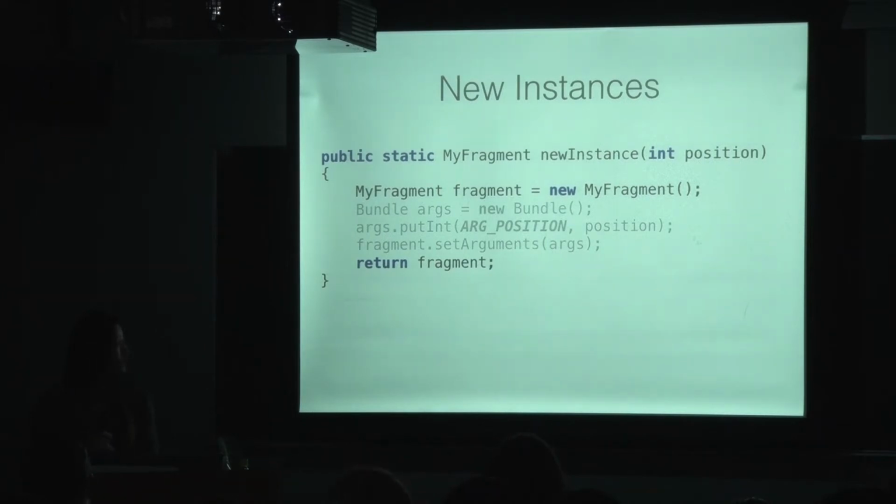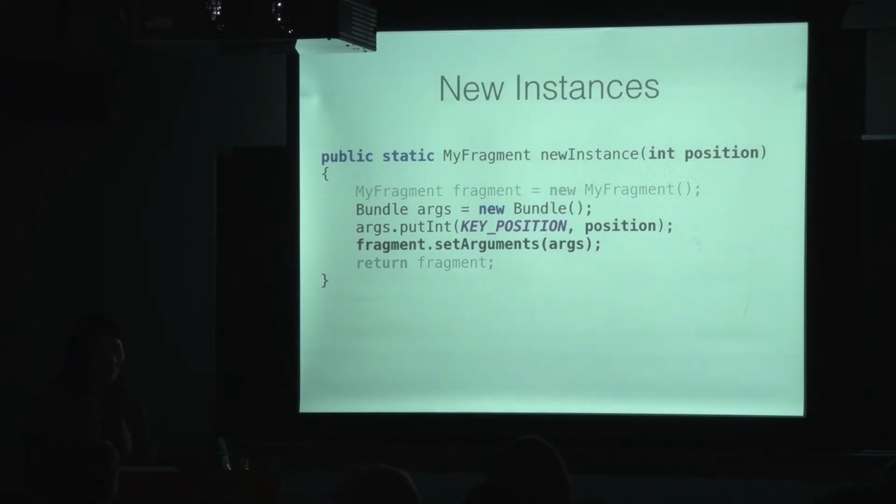And so once we've created a new instance of our fragment subclass, we need to create a bundle, and then we can set that bundle by calling setArguments. You want to avoid doing any other work other than just creating the instance and then setting the bundle arguments in your static factory method. So by setting your arguments using a bundle, your fragment state can properly be restored if needed, because your initialization arguments will be reattached if it's recreated, and these arguments will be accessible to you via getArguments.